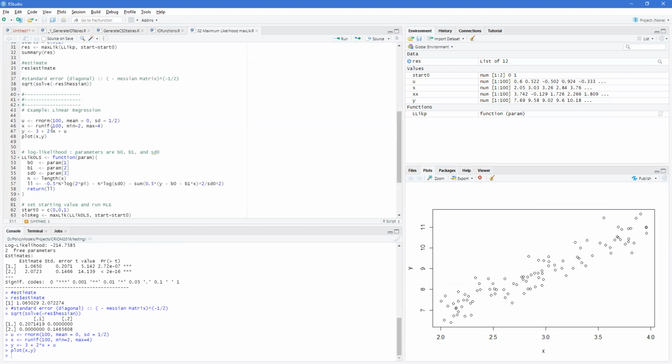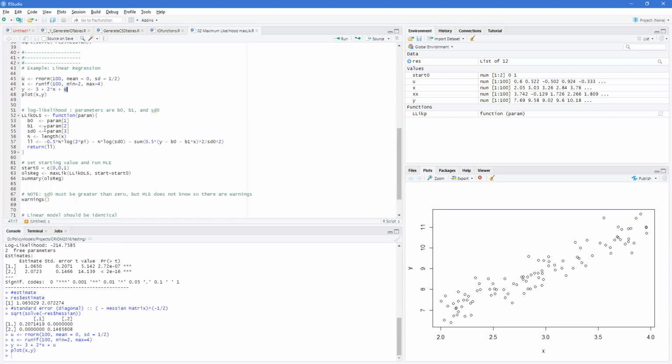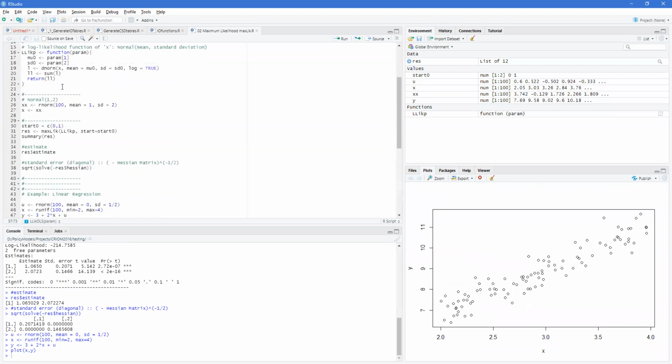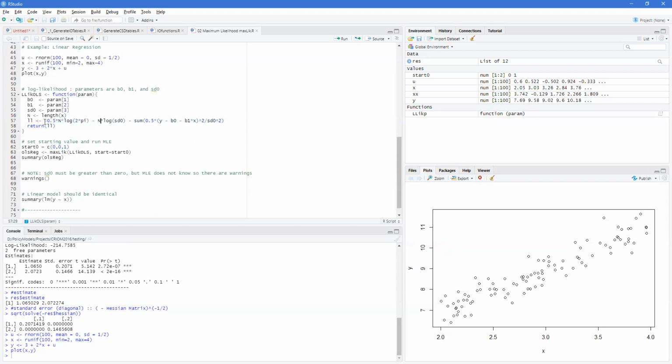So what do we have? Well, we have two parameters for the mean, and then we have the standard deviation of the u's. So we want to get this into error form, which is that this is equal to u. And this will give us our likelihood. So this will give us a probability that our error is that, based on these parameters and this data. And then we're just breaking out all of the information in what we would normally use, which would be a dnorm. So we're just doing this individually,